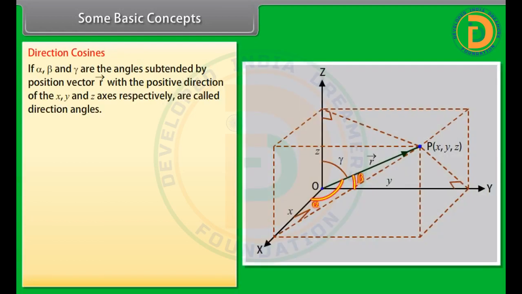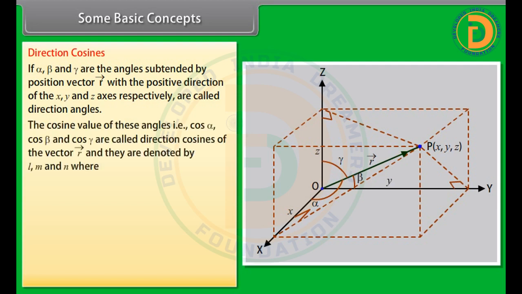Direction cosines. If alpha, beta and gamma are the angles subtended by position vector r with the positive direction of x, y and z axes respectively, they are called direction angles. The cosine values of these angles, that is cos alpha, cos beta and cos gamma, are called direction cosines of vector r and they are denoted by l, m and n, where l equals cos alpha, m equals cos beta,